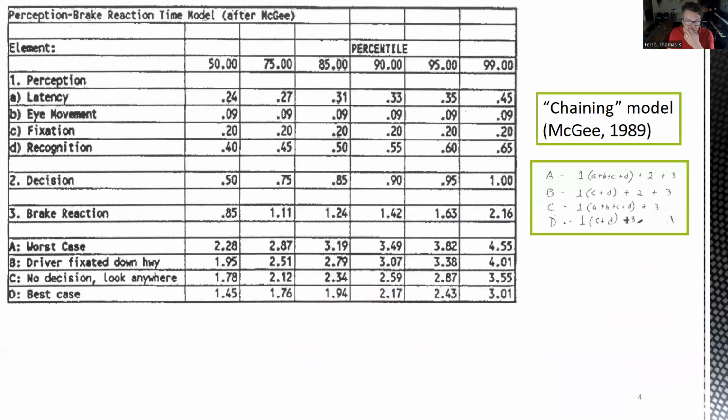So this is one example, what we call the chaining model, and it's basically a table-based approach. So McGehee, 1989, it's an older one now, collected a ton of data about how long does it take people to see there's something in the roadway and decide what to do about it and act on it and depress a brake. And so they call this the chaining model because in this case, you would look at the aspects of what a human is doing in a certain context, and you chain together basically the time components for this